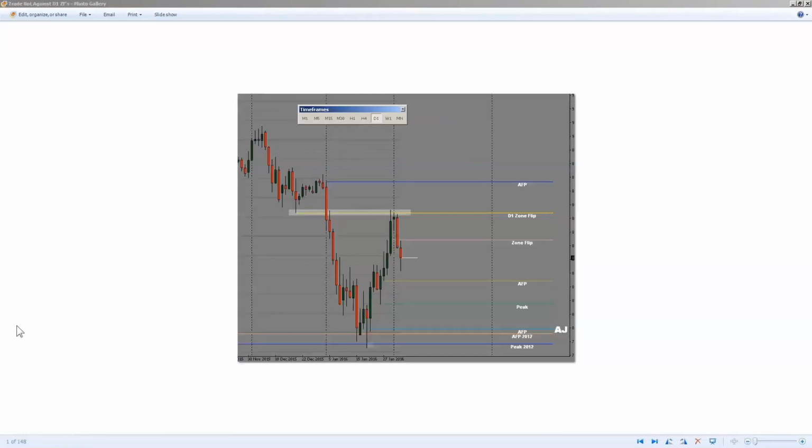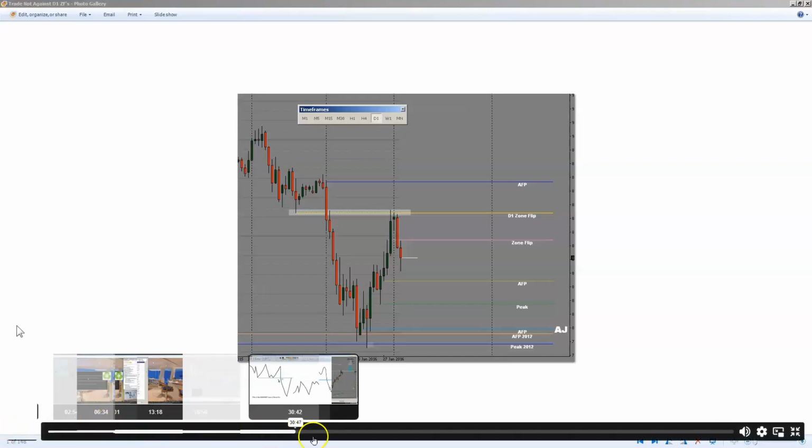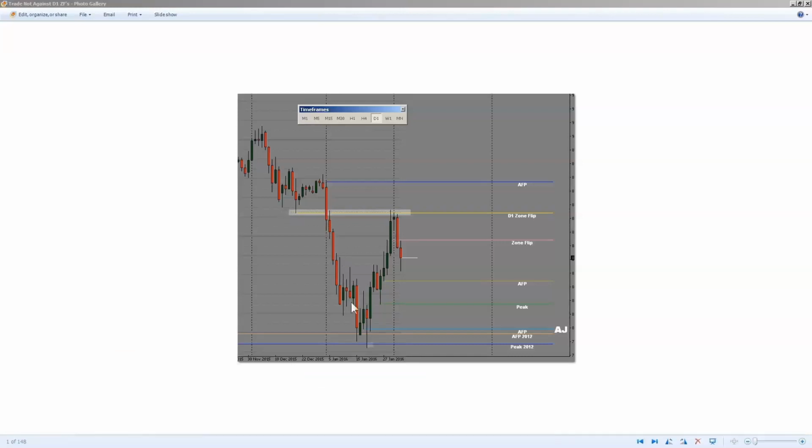And then, of course, my favorite zone flip chart that I do keep handy when anybody asks me, can you explain what a zone flip is? I always pull this one out because it's a beautiful daily chart in AJ, where you can see price broke through previous lows, came back up into previous lows, hit the area for a couple days, planted the inverted hammer, and then pulled away. And the name of this file, of course, is Trade Not Against D1 Zone Flips, which